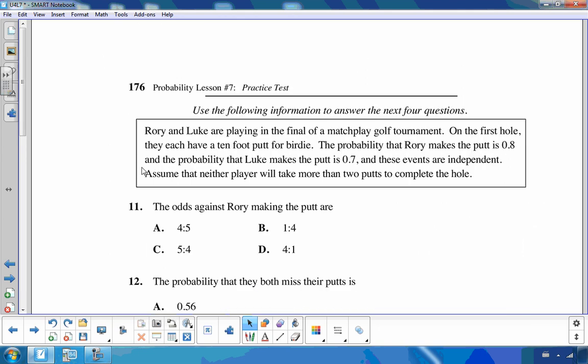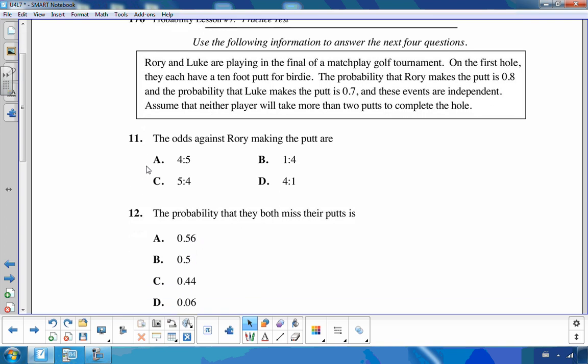Okay, let's look at number 11. So Rory and Luke are playing in the final of a match play golf tournament. On the first hole, they each have a 10-foot putt for birdie. The probability that Rory makes the putt is 0.8. Then the probability that Luke makes the putt is 0.7. These events are independent. Assuming neither player can take more than 2 putts to complete the hole,